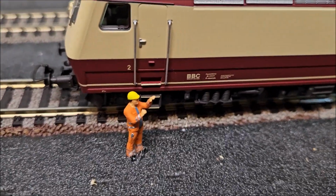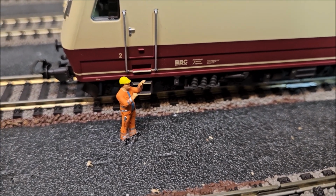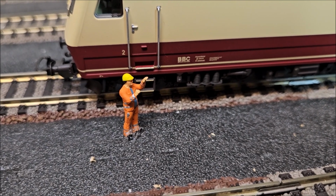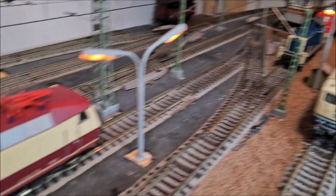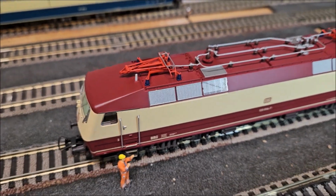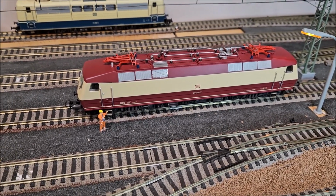Our worker here, he's not even paying attention to the locomotive. I don't think he likes electric locomotives. I think he wants a shunting locomotive back, but that's parked right now back there. It's waiting because we're showing a new locomotive. So we'll put the pantograph back down, and I think after the overall view,